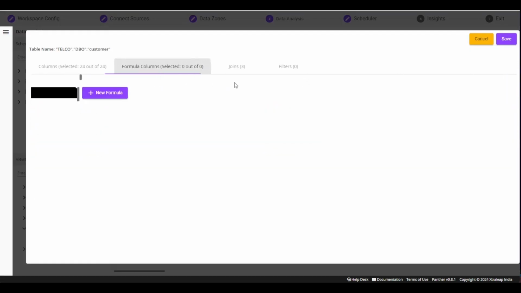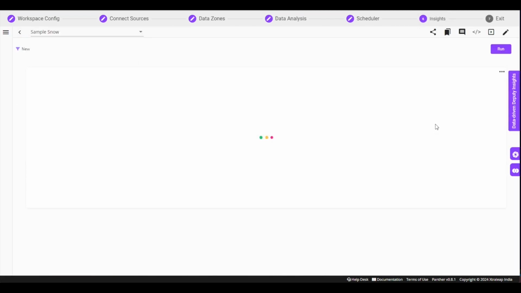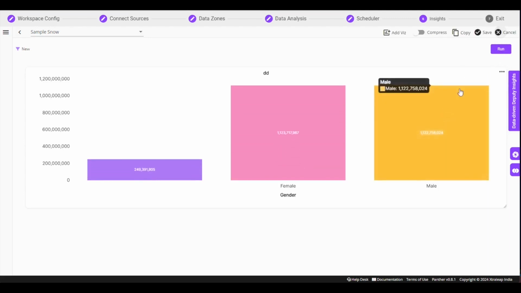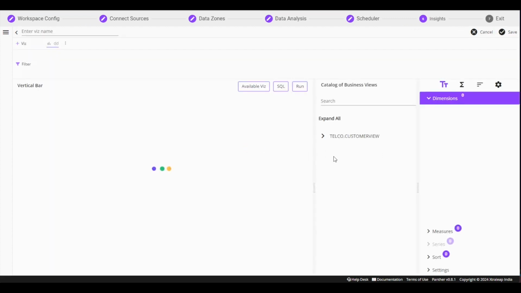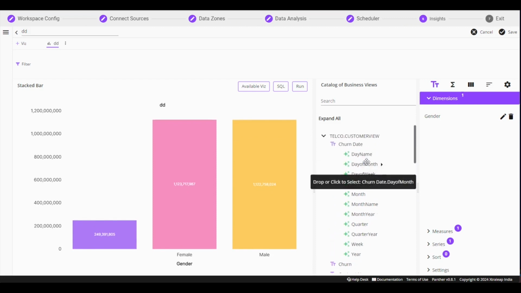And if you want to write formulas, define joins or apply filters, what is this actually? This is a business schema. When this is being defined, how would that look for a user? This is the model that has been previously created, and it has been published to the consumers,